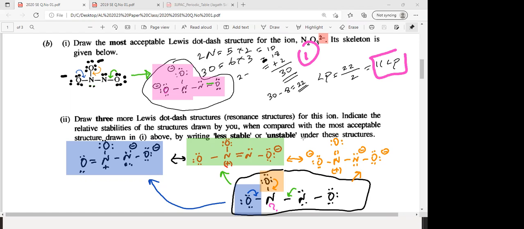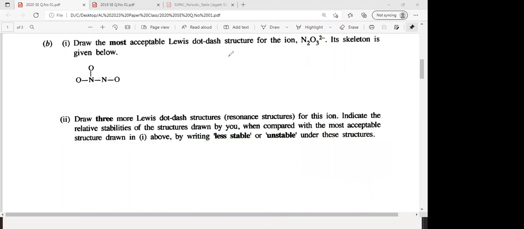If you want, you can take a screenshot, because I highlighted it and put an arrow here. The lone pair is shifted from this oxygen, you get the orange one, the last one. Then the blue arrow: the lone pair shifted from here, make it octet, you get the blue one. Green arrow: you shift the lone pair from this side, you get the green one. Because later when you study this again, you can use it. I'll erase the screen. If you want, you can take a screenshot. Then next one,